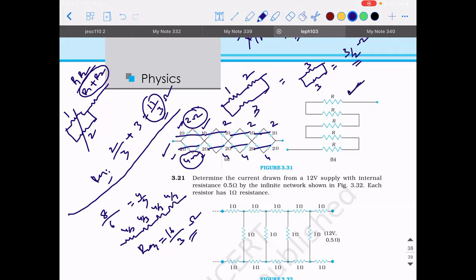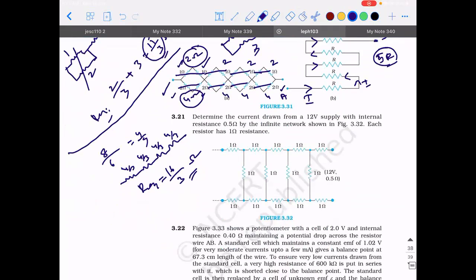Similarly, what will be the equivalent resistance here? R by 6? No, it is 5R. You thought they are connected in parallel? No. If I take a battery here, with the positive terminal here and the negative terminal here, the current is I here. The same current I will flow through this, and this, and this. So all of them are connected in series. They just gave you a different diagram to confuse you. So when they are in series, obviously you're going to add them. The answer is 5R.